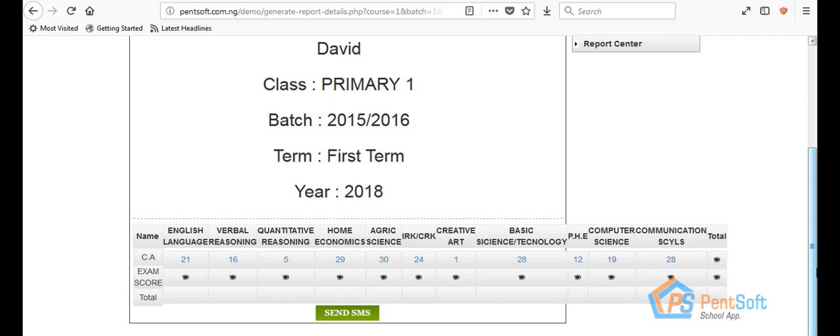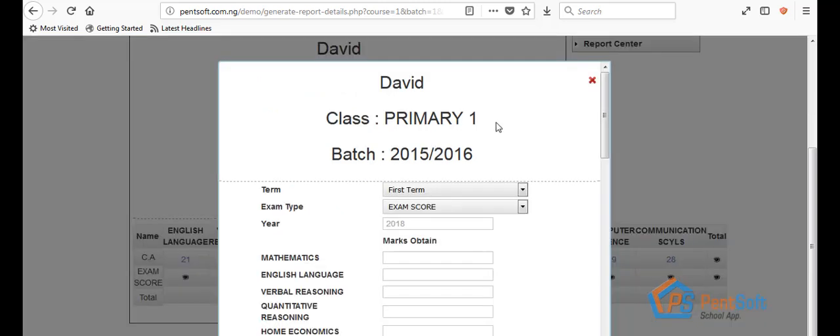Because after this point we are going to go to the report center so that we can view the report sheet, how it looks like. So let's say at this point now we have our exam scores ready for David Oluwaseun in primary 1. So I just click on any of this icon for exam score. I can come here and click this, I can come here and click this, but it will still open the form where I can impute this marks. And the beauty is that you can just impute the marks at once for all the subjects and